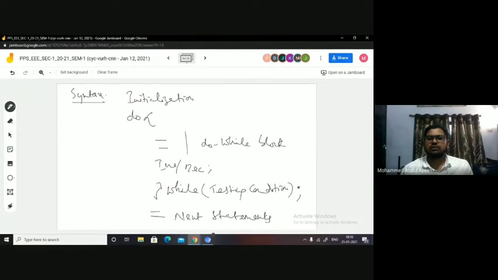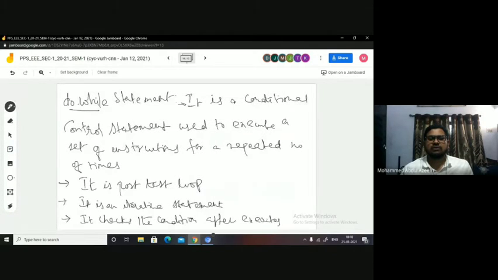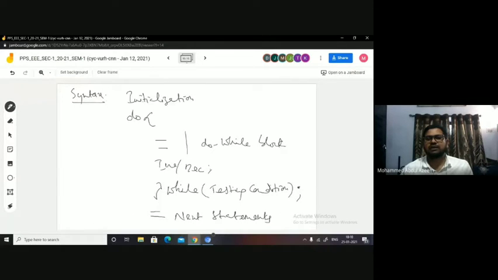Then you will have a testing condition here. It means the condition is tested after the execution, after you execute the block. That's how we say it is a post-test loop. Post means after. So after you execute the block, you test the condition here.